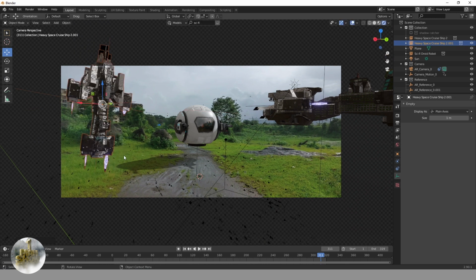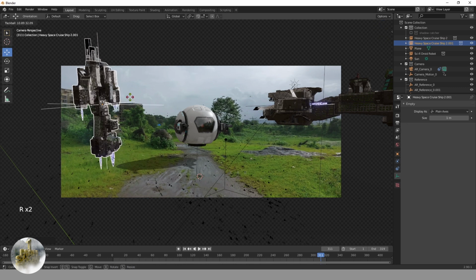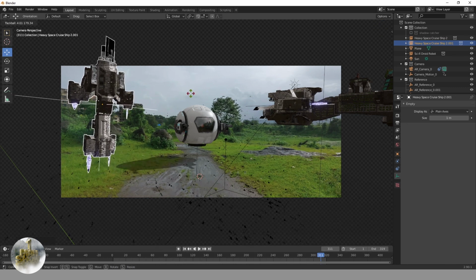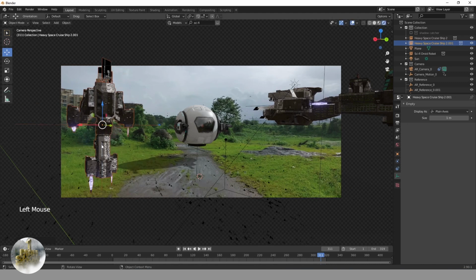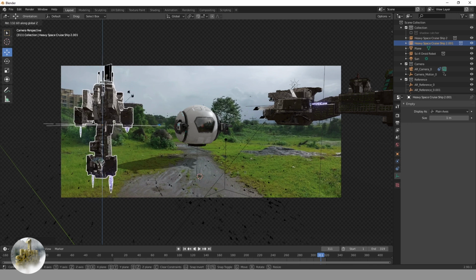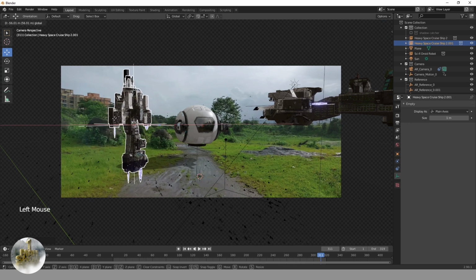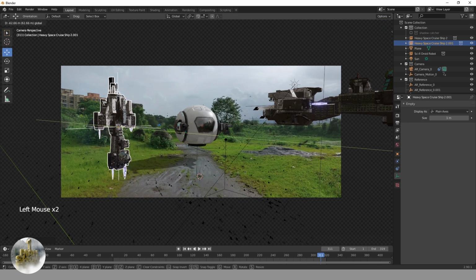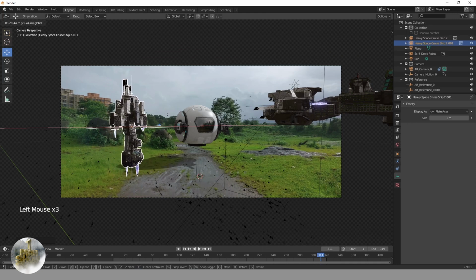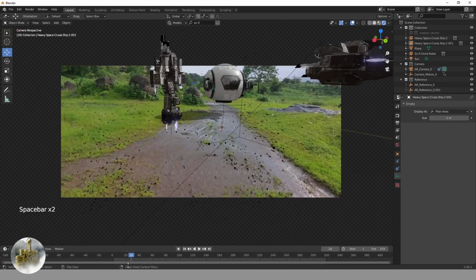You will see how I did this. What I did here is I am simply placing it in the way that this is some kind of futuristic architecture in the background, so that I can hide those buildings from the original footage.